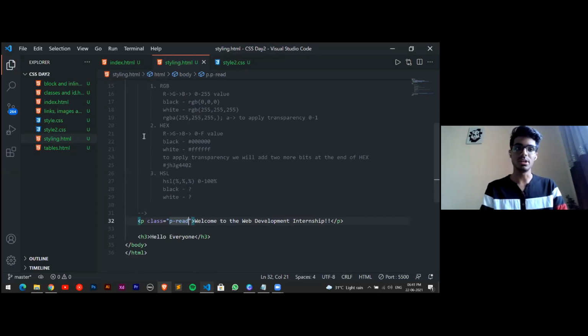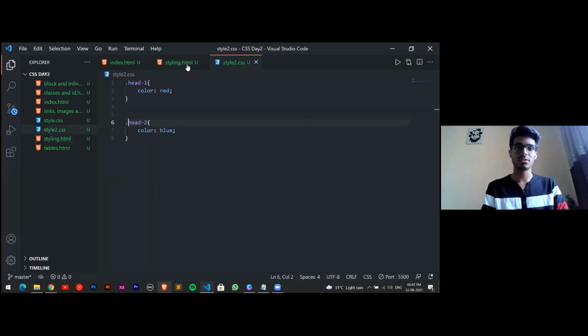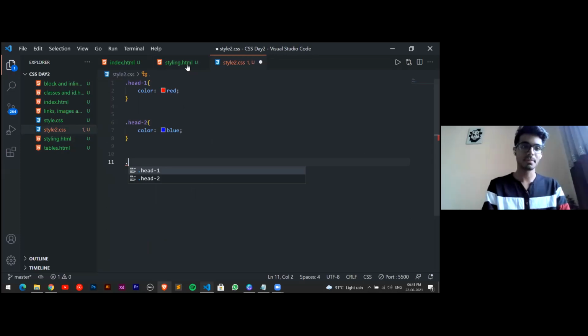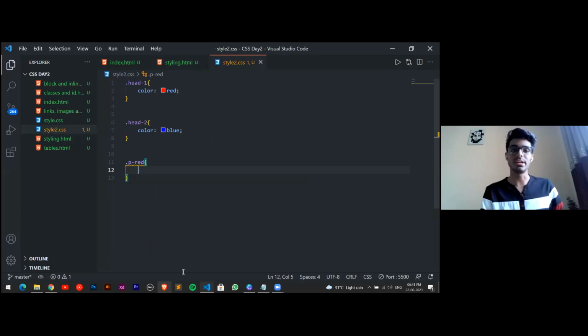And if I just go here, type my dot over here, as we are using a class, and p-red is our class name. I just want any one of you to send me in chat what should be the RGB value for the same and what property we will be using over here. Any one of you, just try for a guess. Also mention the property which we will be using.